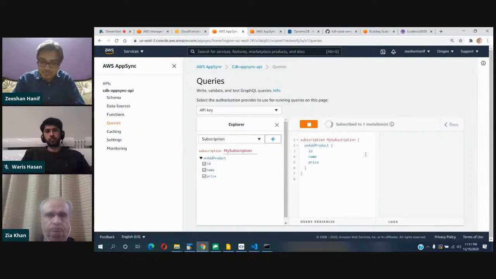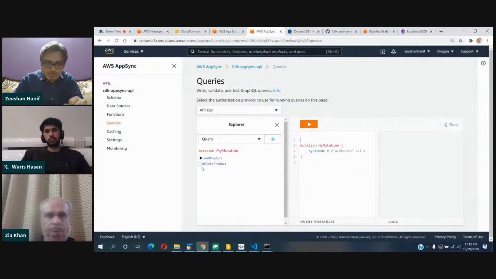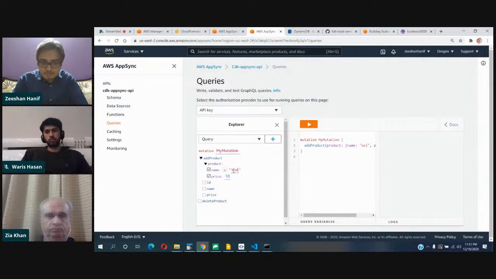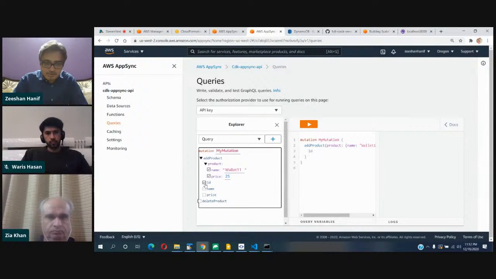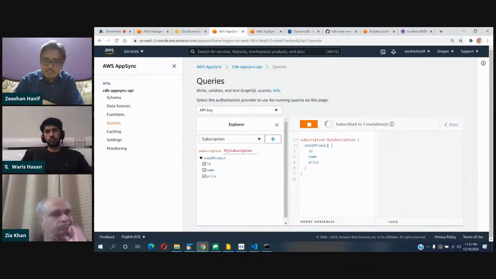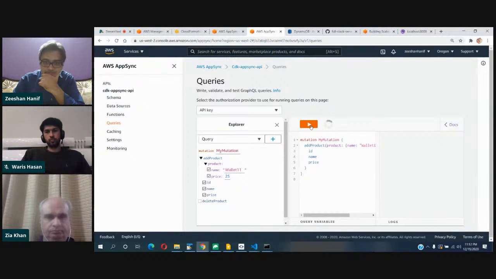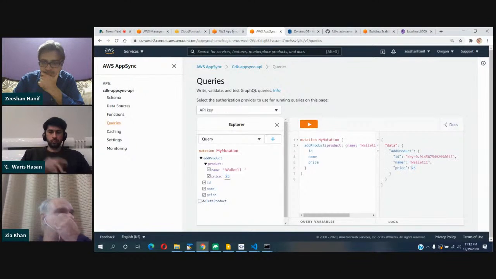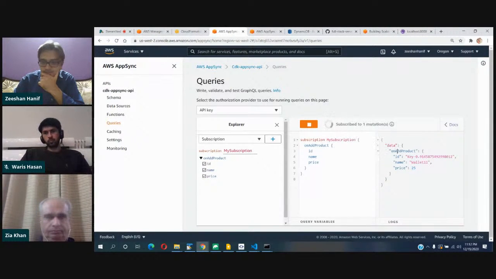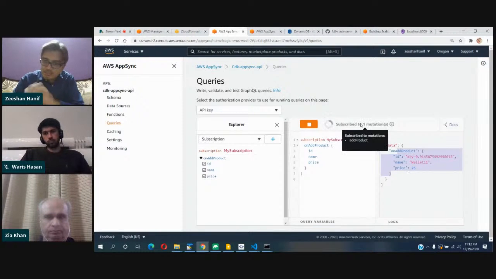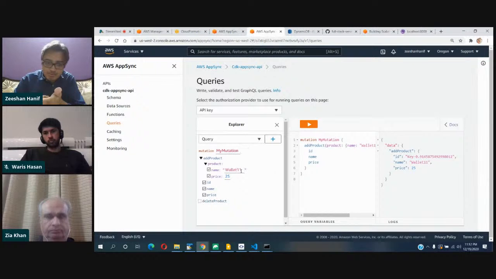You do not have to go for a client to test it. It will keep running. And in the second interface, I'll call add product with name, price. I'll call it one, price should be 25, and it returns name, ID, and price. That's the mutation. It will update my database, and when it's successful, it will also update over here as well. It keeps listening. Press this, it updates over here, and you can see you have received the subscription as well, and it is still running, so you have to stop it. If I add another product,